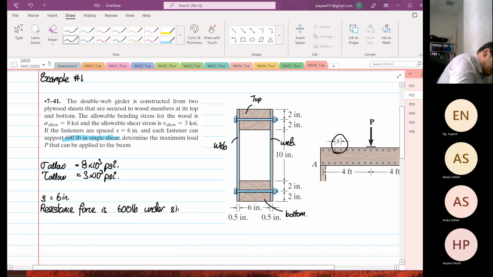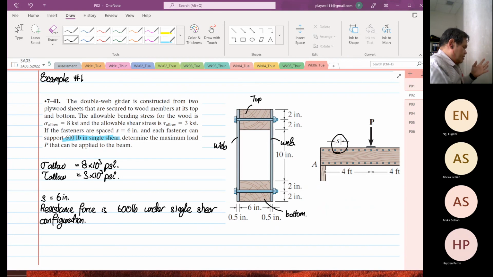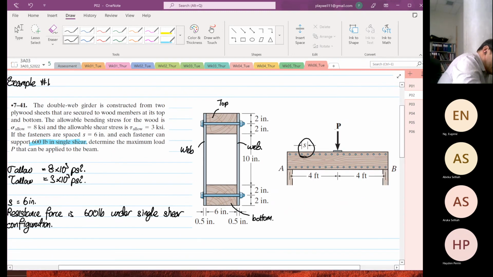Now we are going to understand all these numbers: why the 8 times 10 to the power 3 psi is used, what the shear allowable is used for, and why we are given the spacing and the resistance force. What we're trying to do down here is determine the maximum P that we can apply. In terms of transformation,